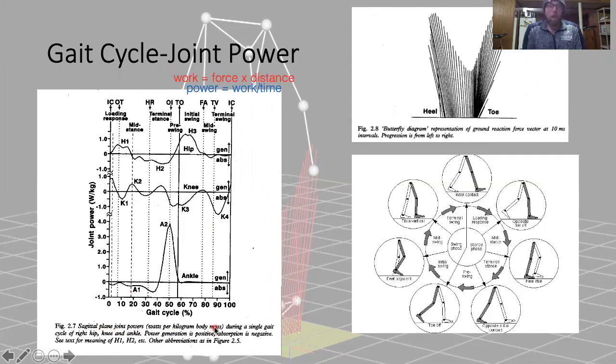So we can measure joint power in watts, just like we can any other work-time relationship, right? It's just power, okay? How quickly are the joints being moved in a certain amount of time? Single gait cycle, right hip, knee, and ankle. Power generation is positive. Absorption is negative. Now that's really interesting. I think that's really neat, and that can give us a really good idea of how